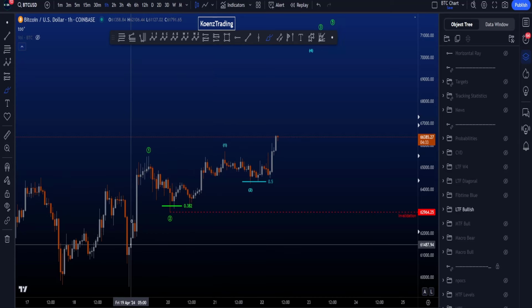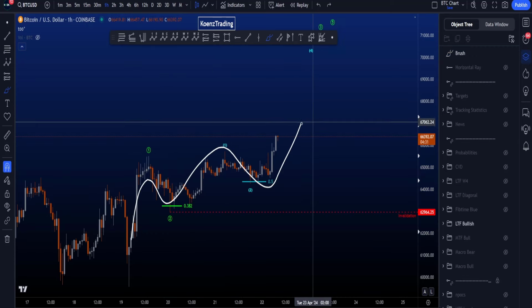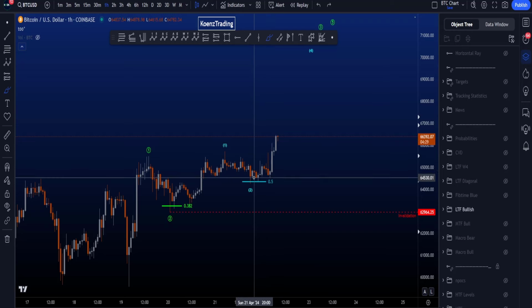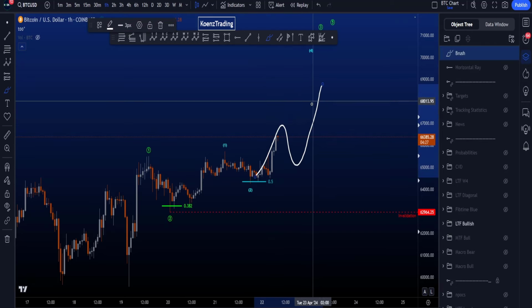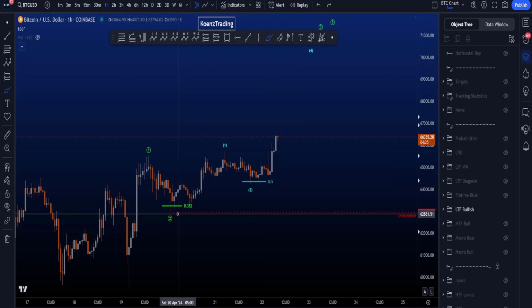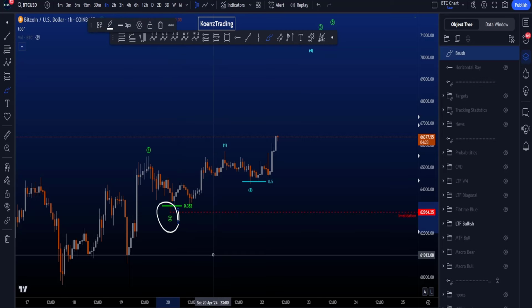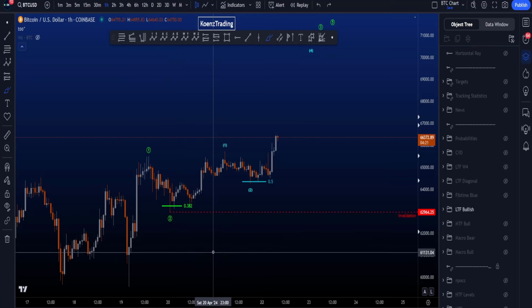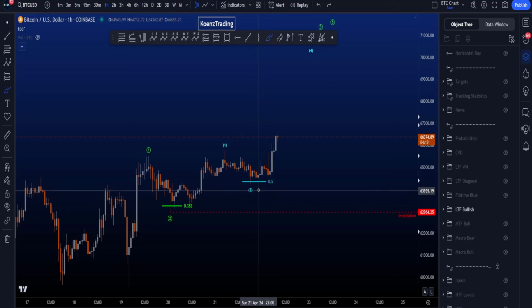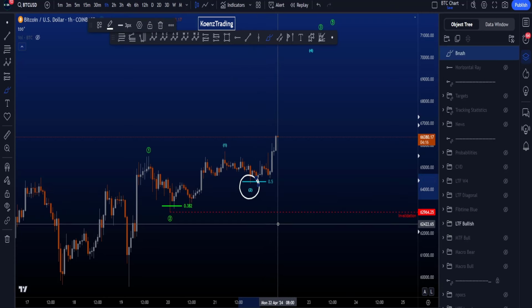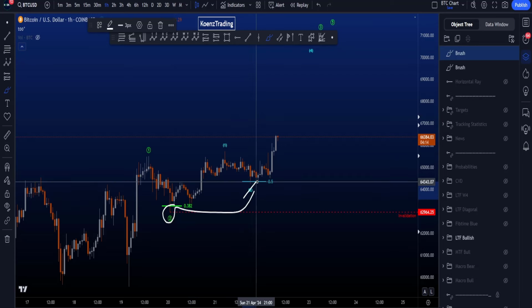Now here we then have a 1-2-1-2. Eventually we expect a bigger wave 3 to the upside. Of course, one could get another 1-2 before continuation, but the invalidation at the moment, I put it here on the first wave 2 at 62.9k. Of course, once we get even more confirmation that this is a potential second 2, the invalidation will move towards